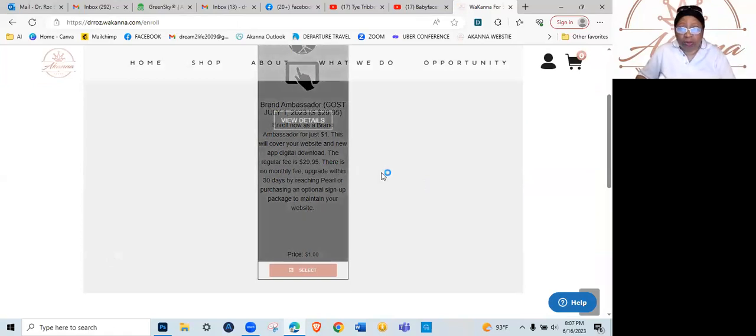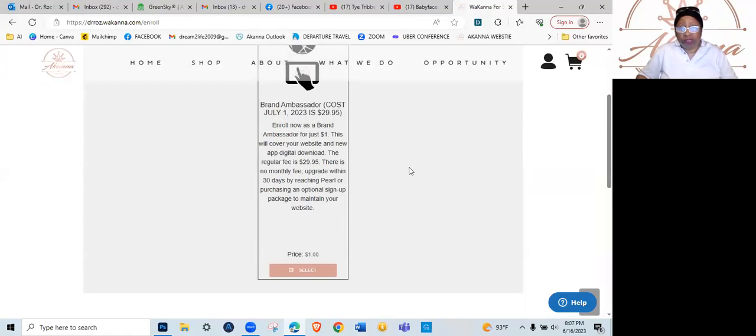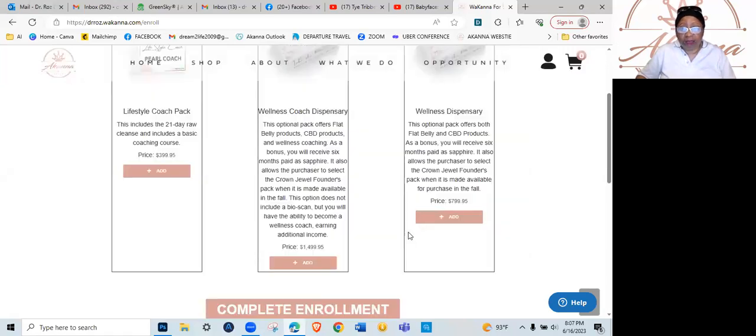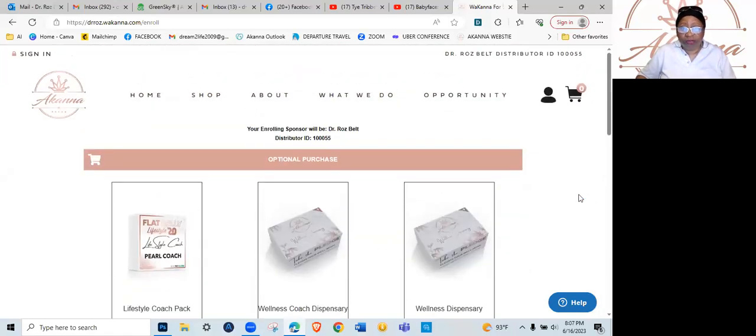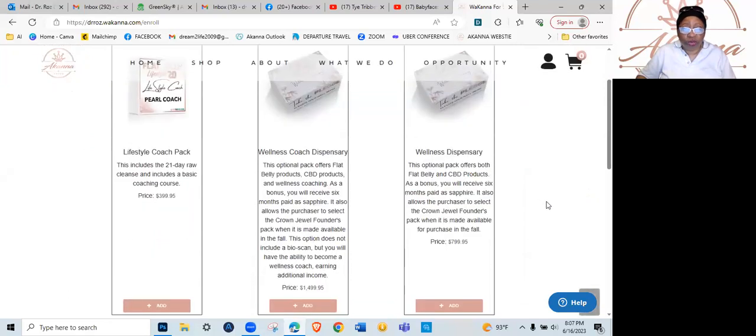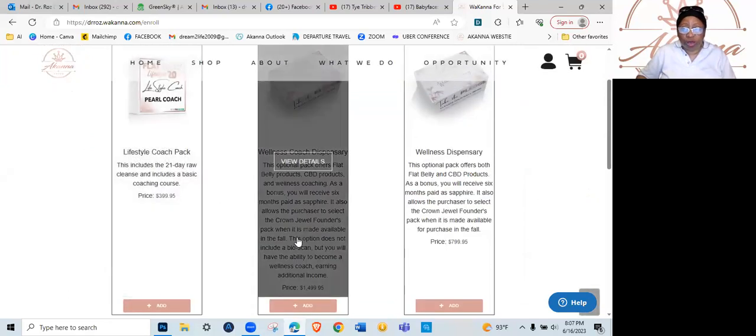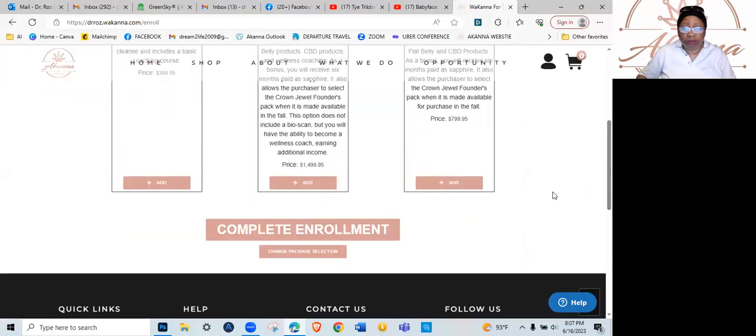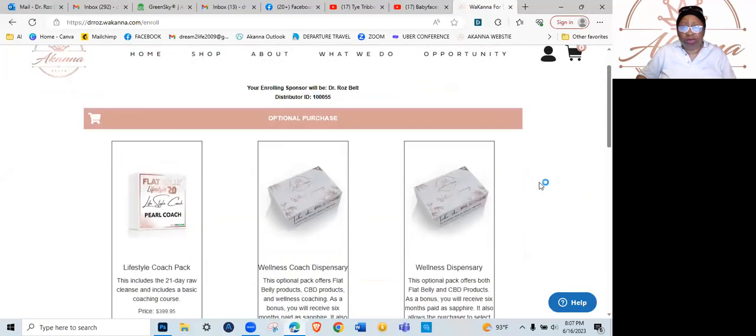But everybody has to become a brand ambassador first. So right now, until the end of this month, it only costs $1. When they click select, now you see the other packages you can choose, the lifestyle coach, the wellness dispensary, and you'll see the same thing on your app. Just use the 3 lines to get to it.